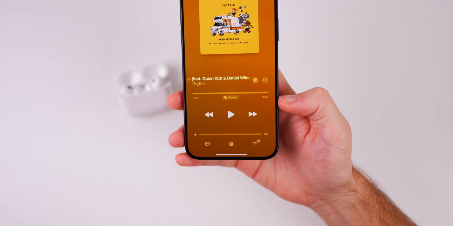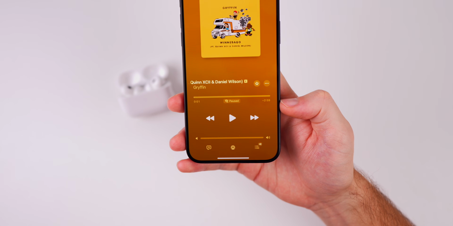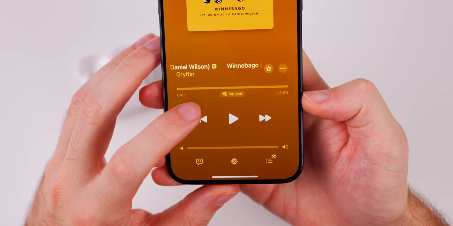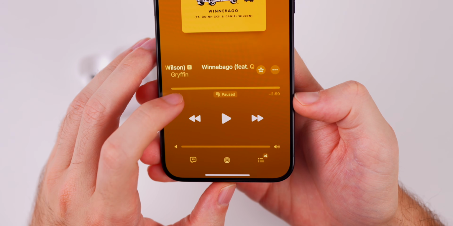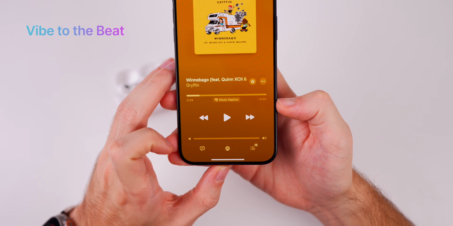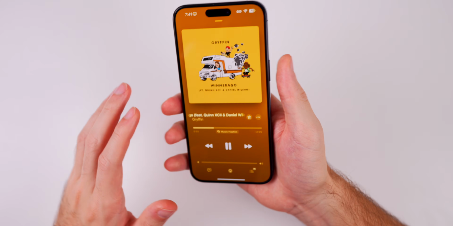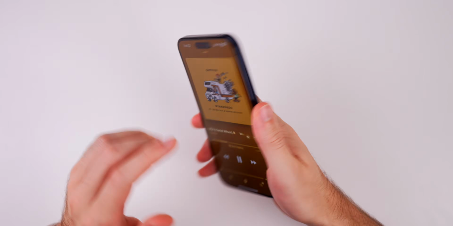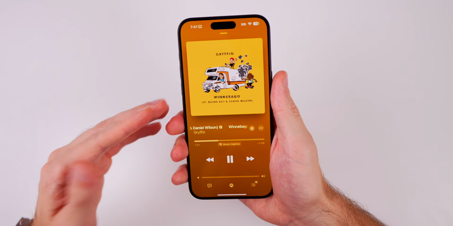Now here's a setting you might want to change that's related to the Music application and also Apple Music Classical. You'll see that we have this new glyph icon underneath the now playing bar in Music, and that is for Music Haptics. What this does is it gives you haptics to the beat of the music. So you can actually feel the vibrations coming from the back of the phone to the beat of the music,